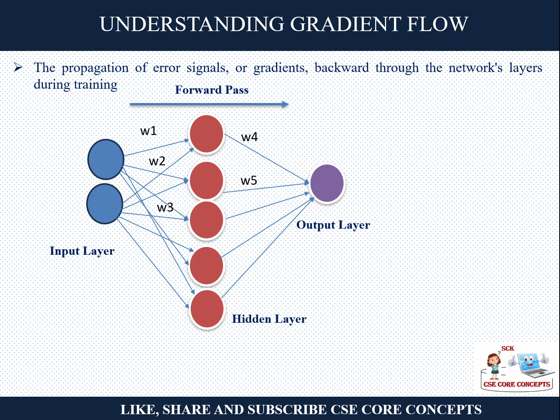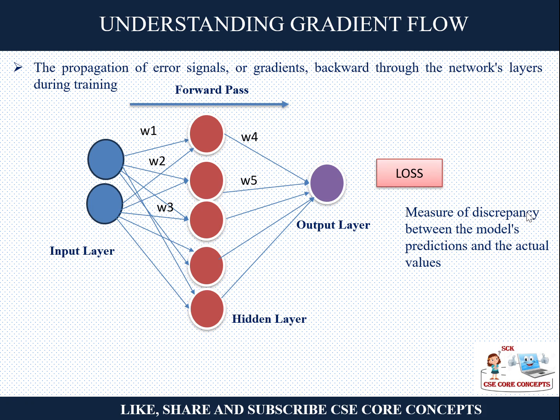So this is your input layer. I have taken a simple neural network model, so I have not updated all the weights, but just to make you understand, this is your input layer. The ones marked with red are the hidden layer. There is only one hidden layer with 5 neurons and only one output layer. Maybe it is a binary classification problem. Now you compute the loss function with your model's prediction and your actual value. This is your forward pass.